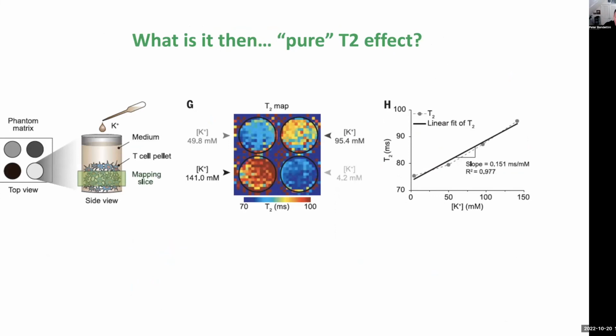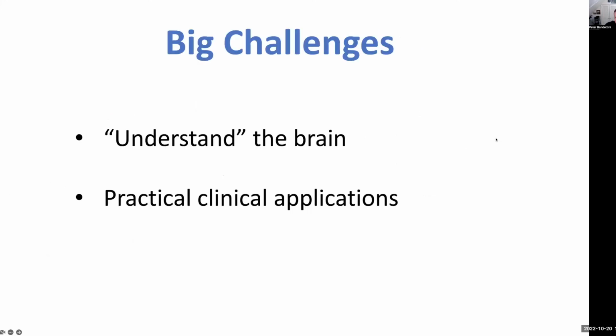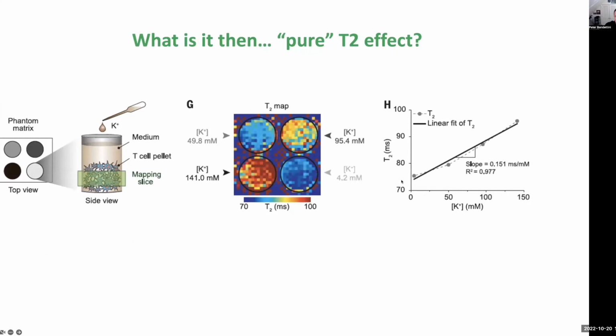And one interesting thing is that they did an experiment where they looked at cells and changed the polarity just by adding different amounts of potassium, and found T2 varied by up to 20 milliseconds from 0 to 150 millimolar, corresponding to the polarity of the membrane. And so in doing this, they were actually able to show, this is my last slide on this, that